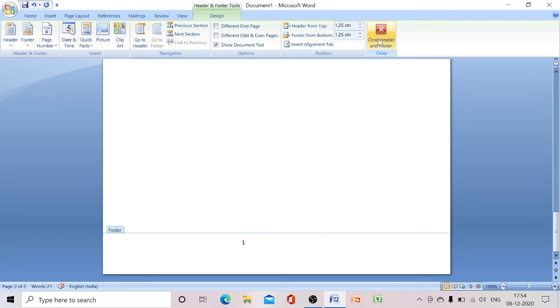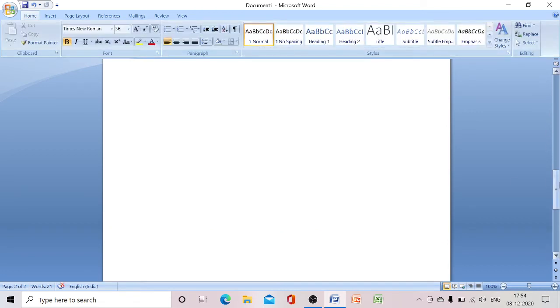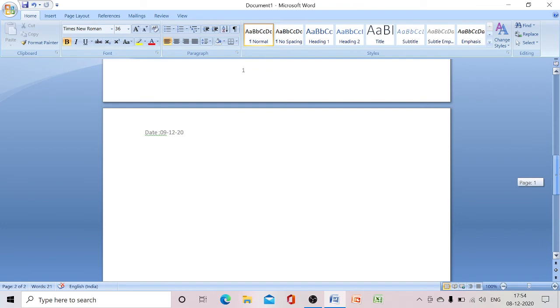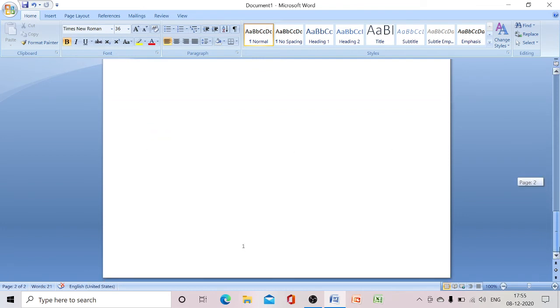Then let us close the footer. Okay, so here see, at the top side we can see date, and at the bottom you can see number. So this is the header and footer option in MS Word 2007.